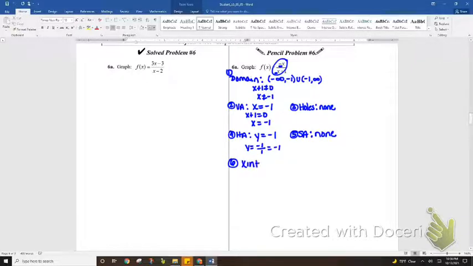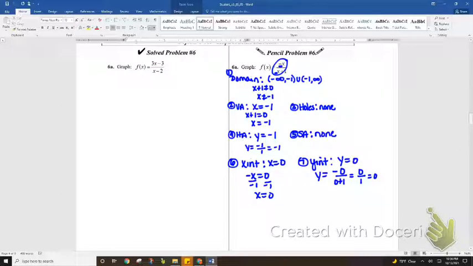Okay, x-intercept. The shortcut is set the numerator equal to 0 and solve. So divide by the -1, and we still get x equals 0. And then the y-intercept. The y-intercept is where we let x equal 0. Solve for y. So we got -0 over 0 plus 1. -0 is just 0 over 1, which is 0. So we have a y-intercept at 0. And then we're going to go graph those